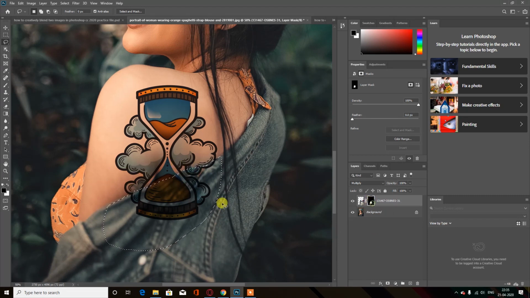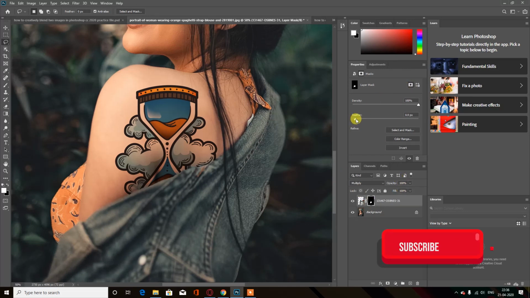At this time I am going to fill the black color in the selection, and I have selected the layer mask. Press Ctrl Backspace as the black color is the background color. Great. Now I will increase the feather. This will soften the edge around this.